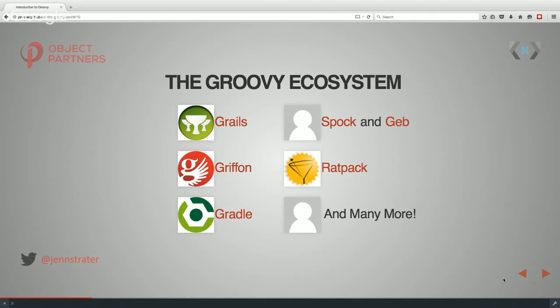So testing is one of the first places that organizations start when they start using Groovy. Getting into your testing framework, you usually don't have to deal too much with getting it into your platform because it's not really production code, right? Once you start learning Spock and Geb, you realize how awesome Groovy is and convert it over. There are lots of other smaller projects within the Groovy ecosystem, like Ratpack, which is now moving more towards Java, but it does have a way to use Groovy in Ratpack as well.